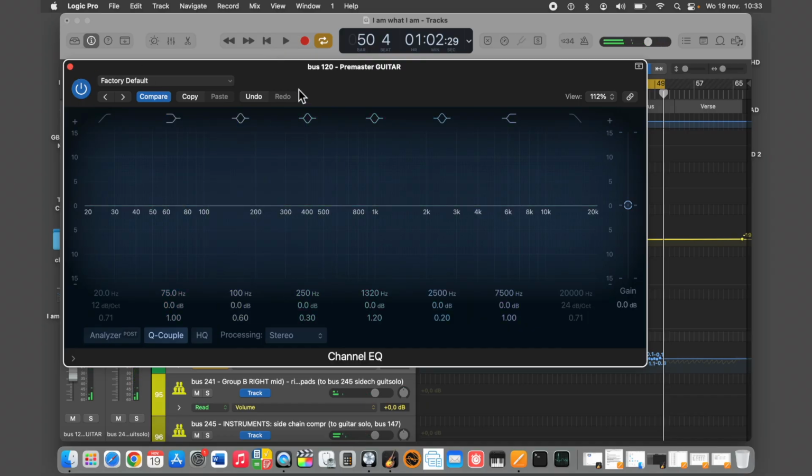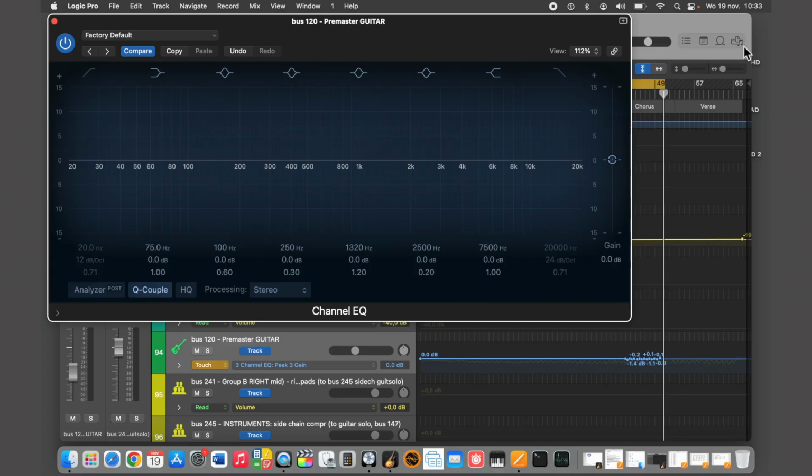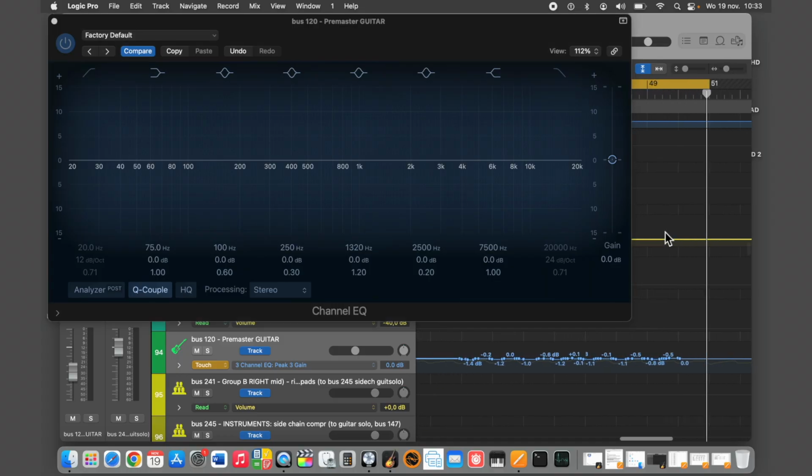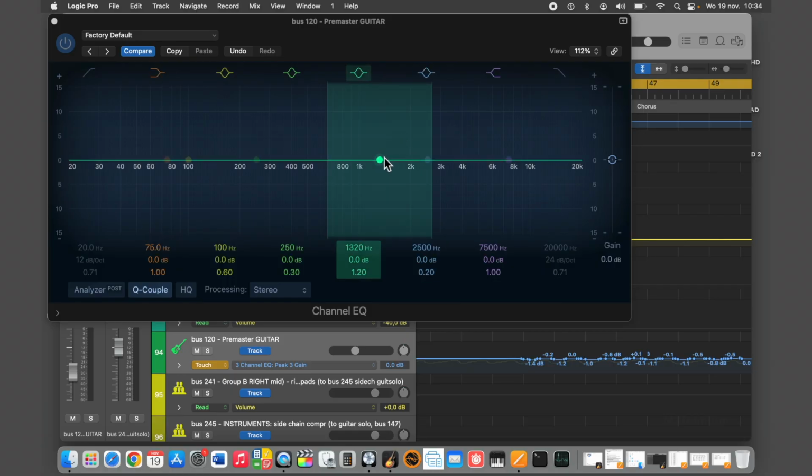So what you see now is that everything I did is drawn on this line. The volume of this frequency goes down and goes up, goes down and goes up. And if I play it again,